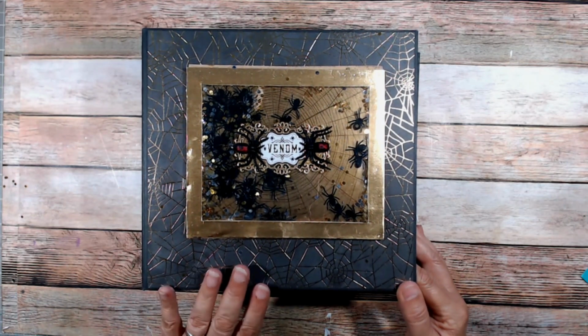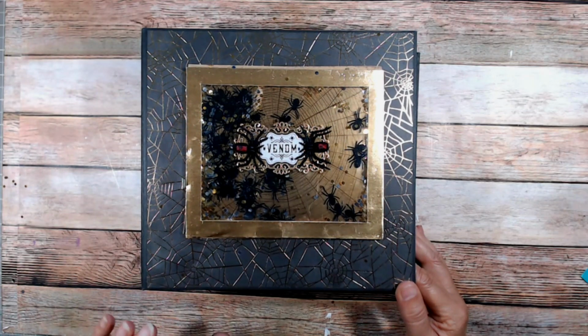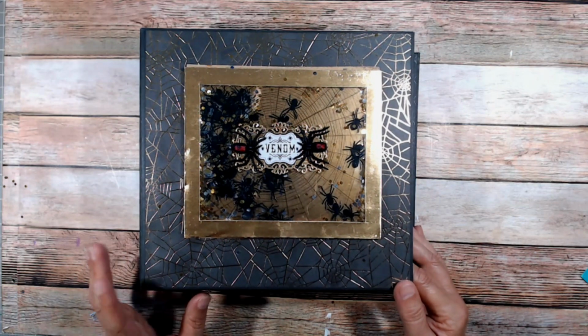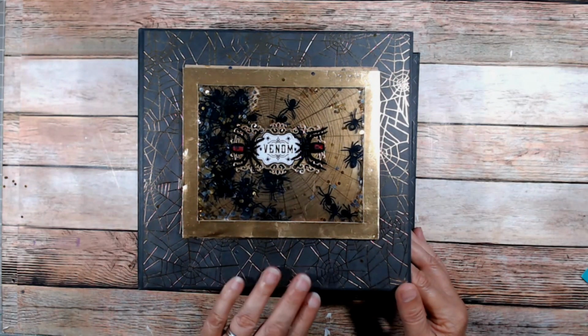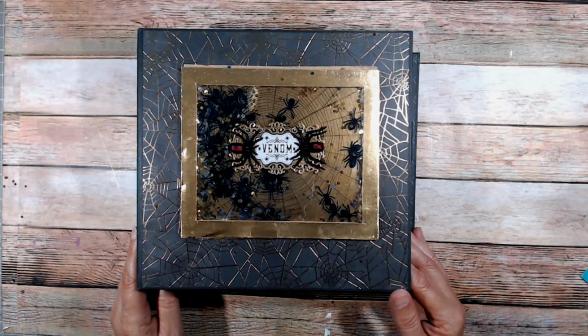These are mini albums that I've had for a little bit. They may have been made with paper that you may have in your stash that you've had for a while. I think this paper was from 2017. It was a Recollections paper pad, and if you don't like spiders and snakes, you are not going to like